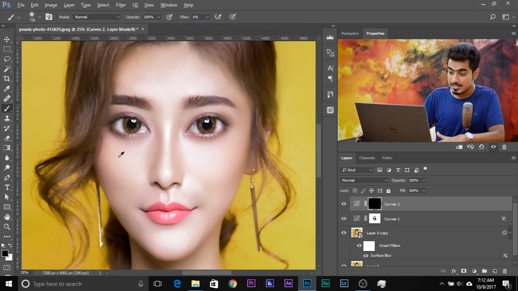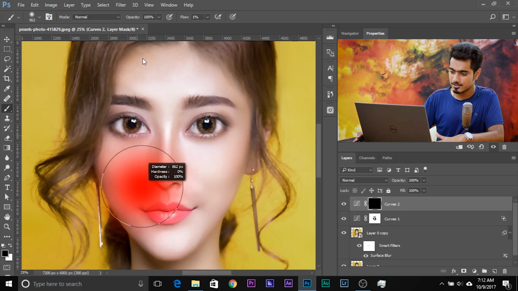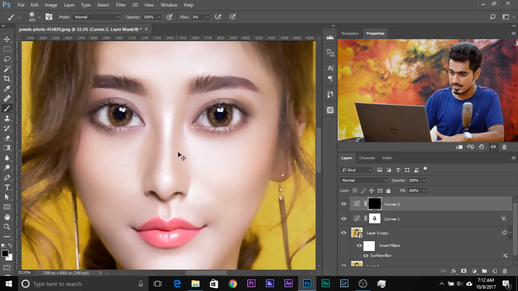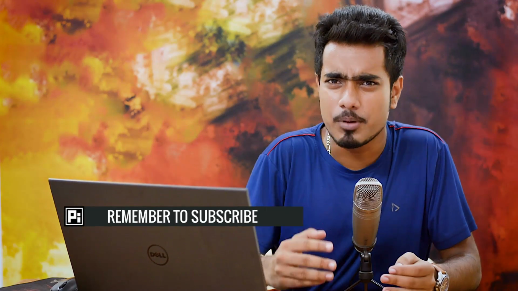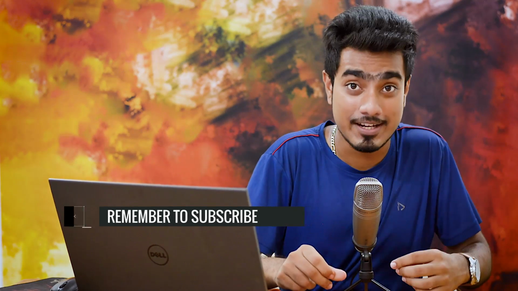To make it soft, drag it to the right and left to make it bigger and smaller, but when you drag it up and down, it makes it soft and hard. Drag it up to make it soft and increase the size, zoom it in and start dodging. Now what is dodging? Dodging and burning is brightening and darkening particular areas of the image to add dimension to